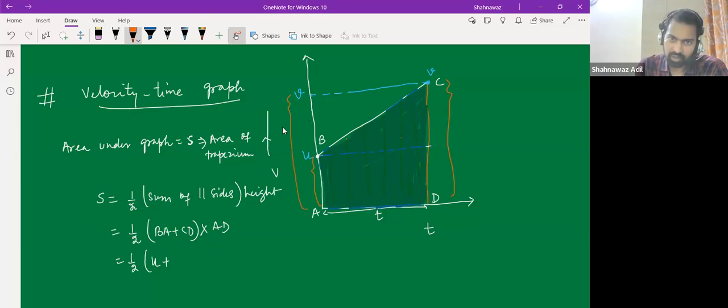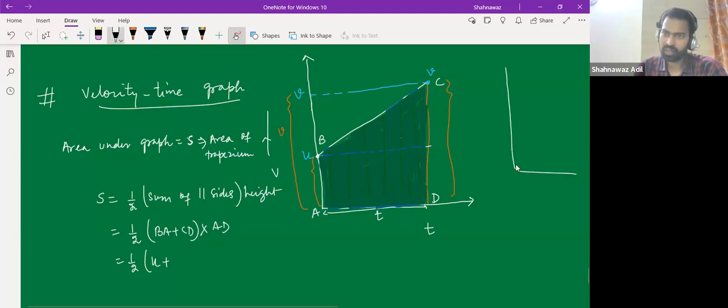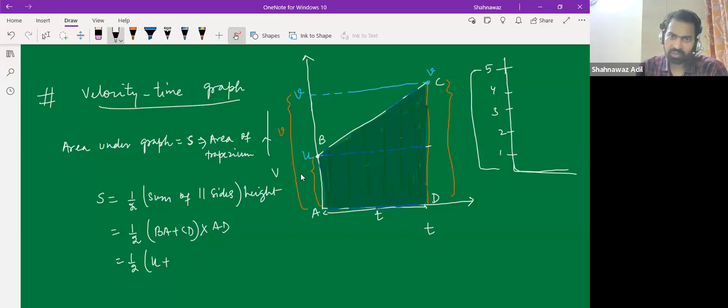Why U plus V? Oh, so V. Sorry, sir. Let's say that you have this coordinate, right? Let's say this is 1, 2, 4, right? So this is 5. From here to here, this is 5. From here to here, on the y-axis, these are the velocities. So these are U. So U plus V,